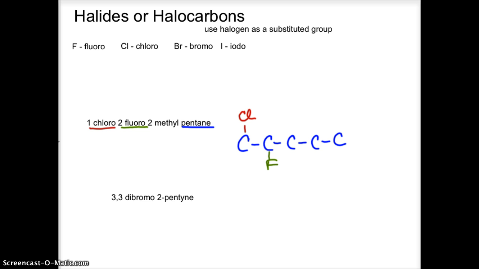I'm just choosing it to put it into that down position. And then you also have on the second carbon a methyl, which means that you've got the carbon one carbon branching off. That is the molecular structure for 1-chloro-2-fluoro-2-methylpentane. If you need to write this molecular formula, the thing that you will do is you're going to write the